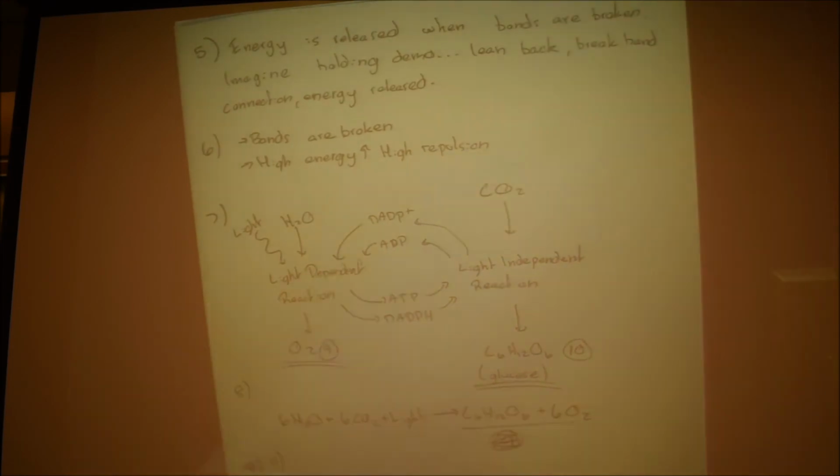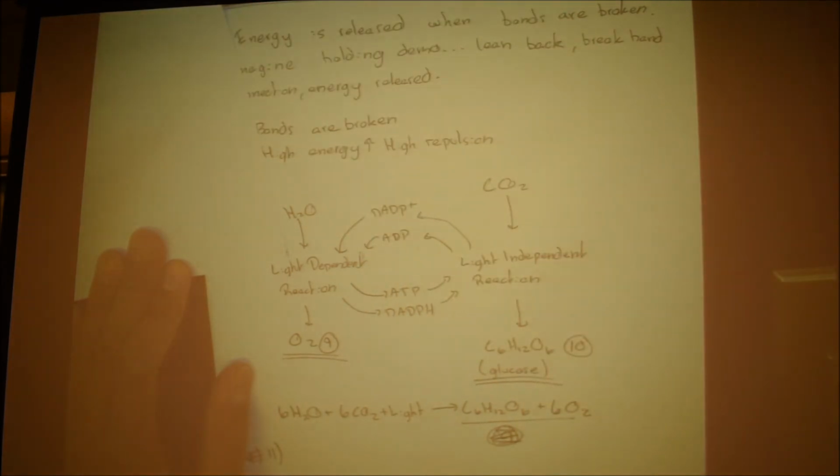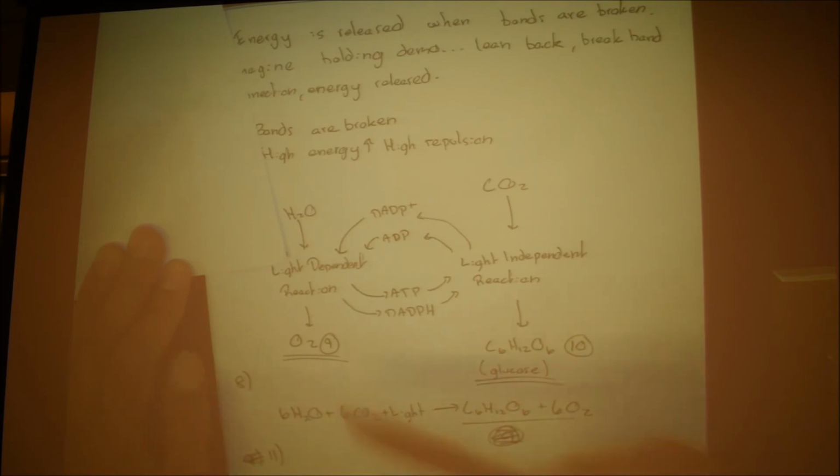if you take out light, let's just say light was no longer a part of the equation. We just took it out. So right here you can see this, and we took out light, right? If you take out light, you cannot create O2, you can't create ATP, and you can't create NADPH, right? That makes sense. We don't have any light. But at the same time, for other reactions that happened previously, you still have these things being used up that already existed. So the light-independent reaction is still producing